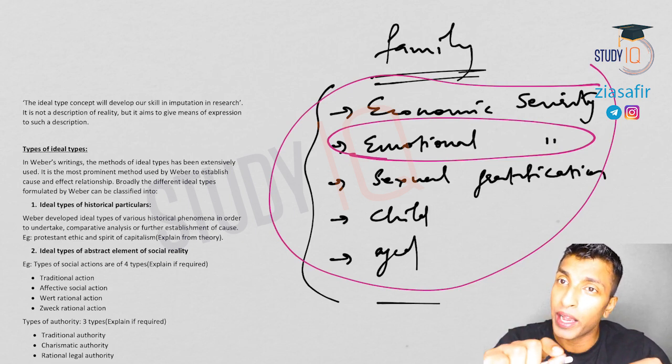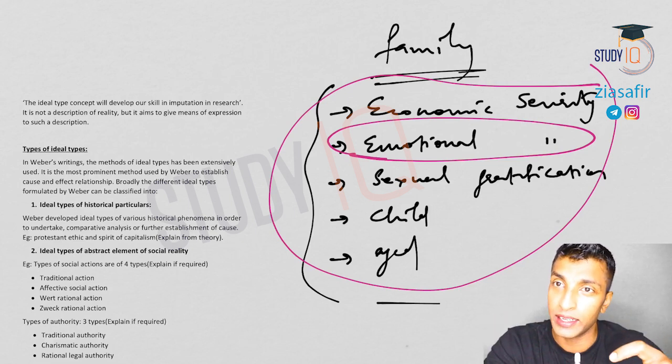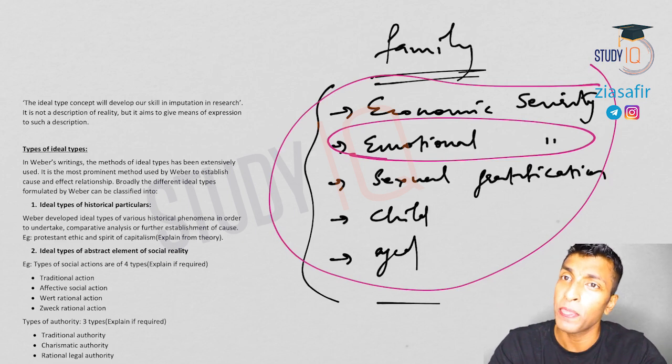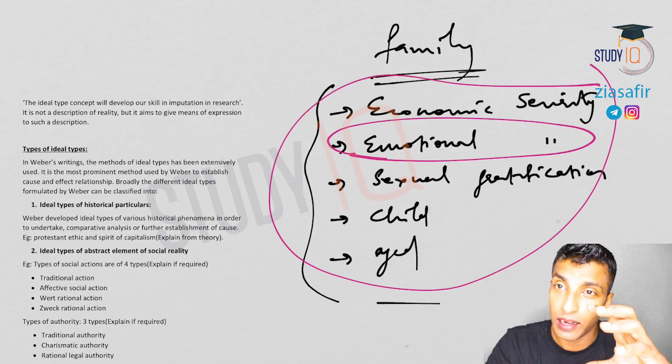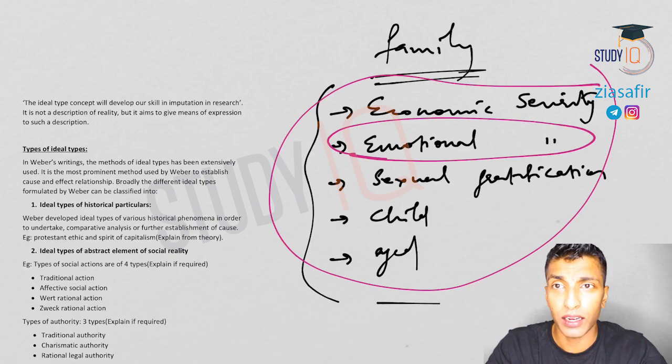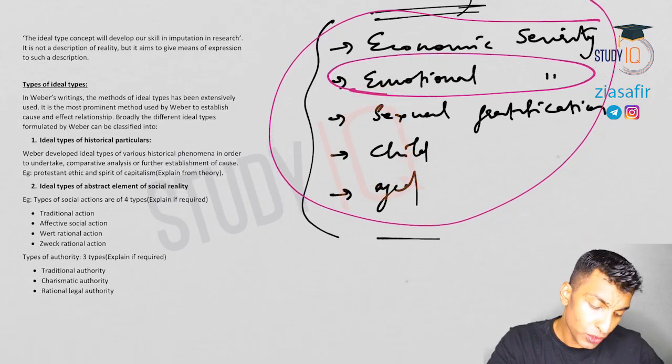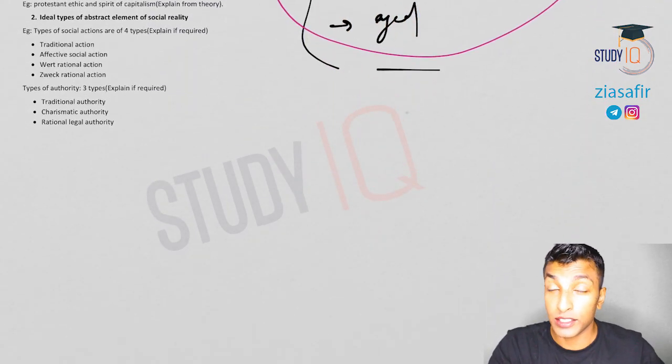So by combining all the regularities, you can identify the abstract phenomena. So I hope you understood. If you need to study a phenomena, you study the ideal types. That is the method which Weber proposed. Individual elements may be meaningless, but if you combine that, you will get the clear picture of the phenomena.